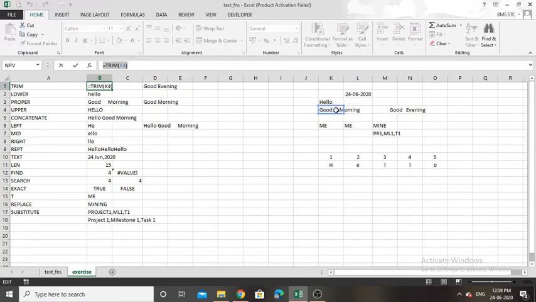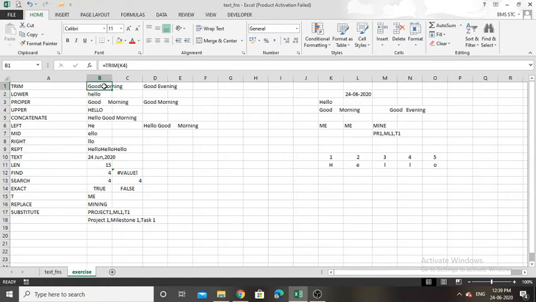The spaces between good and morning will be trimmed by the function trim, and it will result like this: good morning. It keeps a single space between the words, because in general a single space between words means that the first word ends and the second word begins.